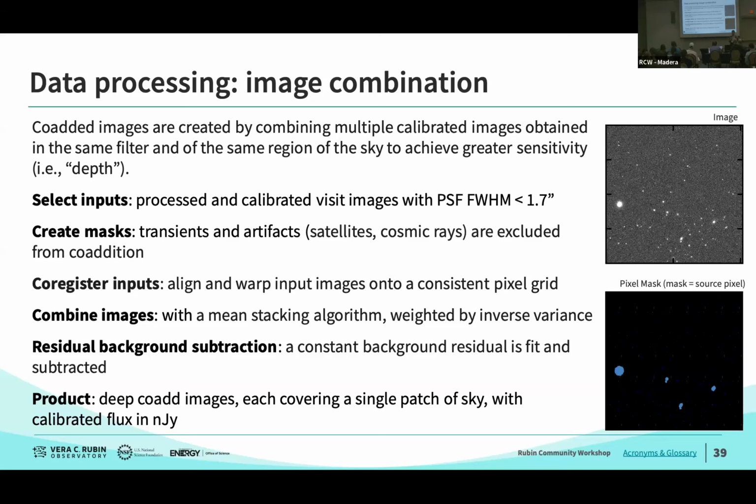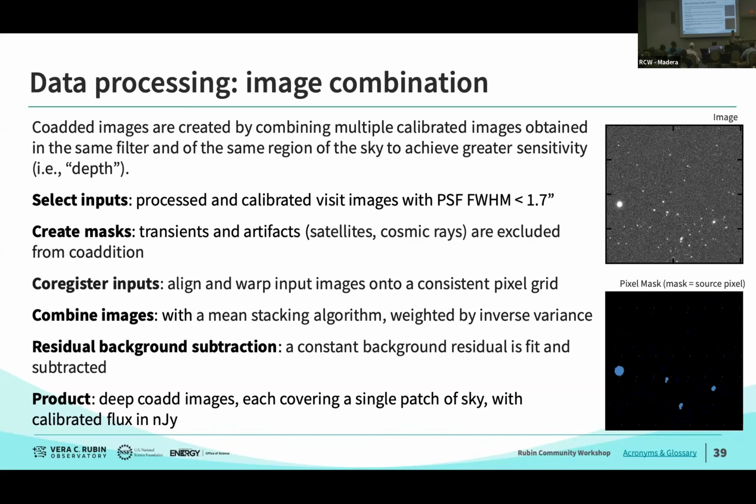We create pixel masks that help to identify pixels that have been impacted by satellites or by cosmic rays, and those are excluded from the co-addition. We also co-register these, so we apply an alignment and warp algorithm to get things onto a consistent pixel grid. And we do background subtraction,